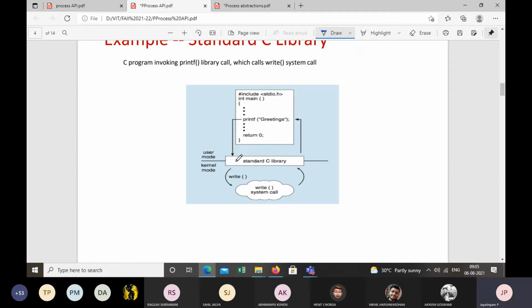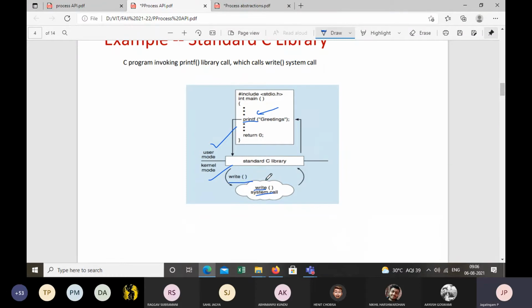Okay, all right. So you have a user mode and then you have a kernel mode. In the user mode, you write some code. When we write code, we use some library function, let's say printf. We have this printf from the standard C library. But when this program is executed in the system, this printf function invokes a write system call.